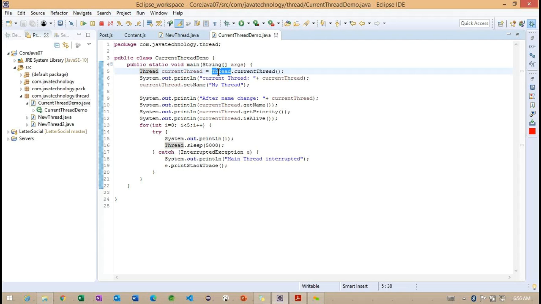Java is going to provide built-in support for multi-threaded programming. So how exactly does it work here? Basically, we are going to run multiple parts of the execution simultaneously.